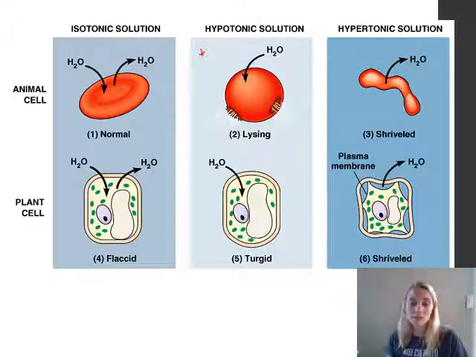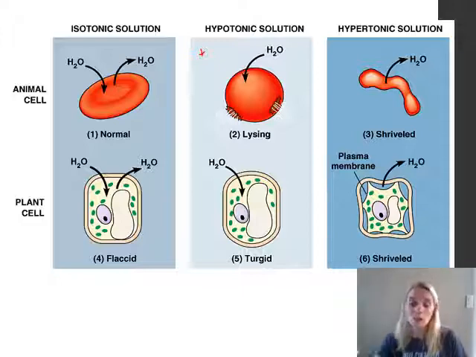In plant cells, we learned about that large central vacuole, right? It stores a lot of the water. So the water will move in and be stored in that vacuole, and the vacuole pushes up against the cell wall. This gives our plants their turgid, upright stance, if you will. Imagine the last time you didn't water your plants, what happened? They get wilty, because you don't have all of that extra water in the central vacuole